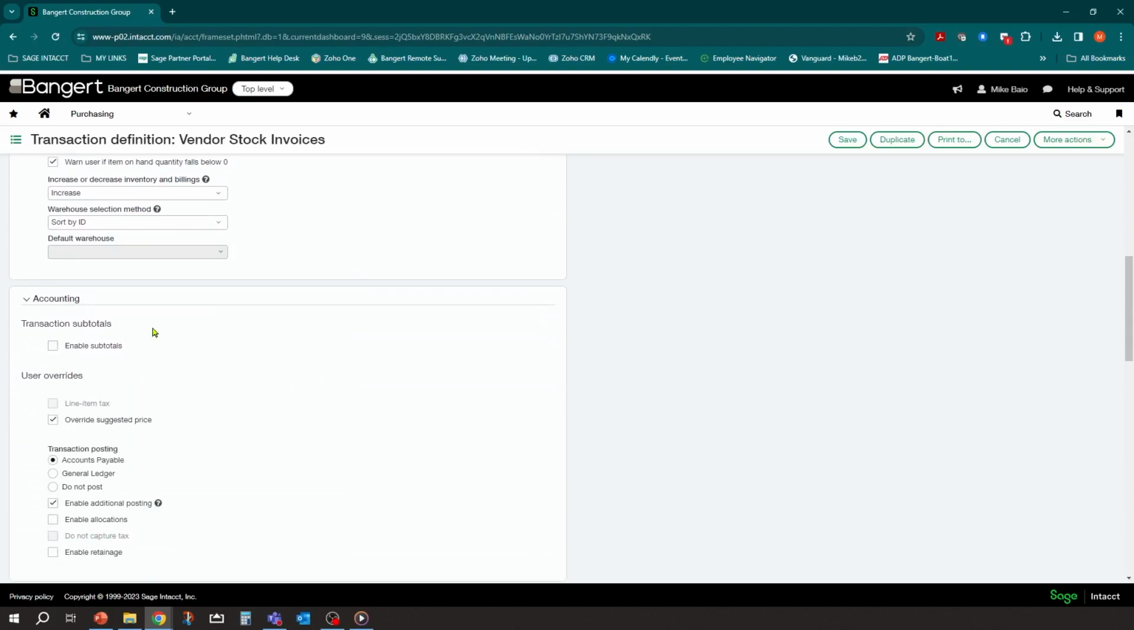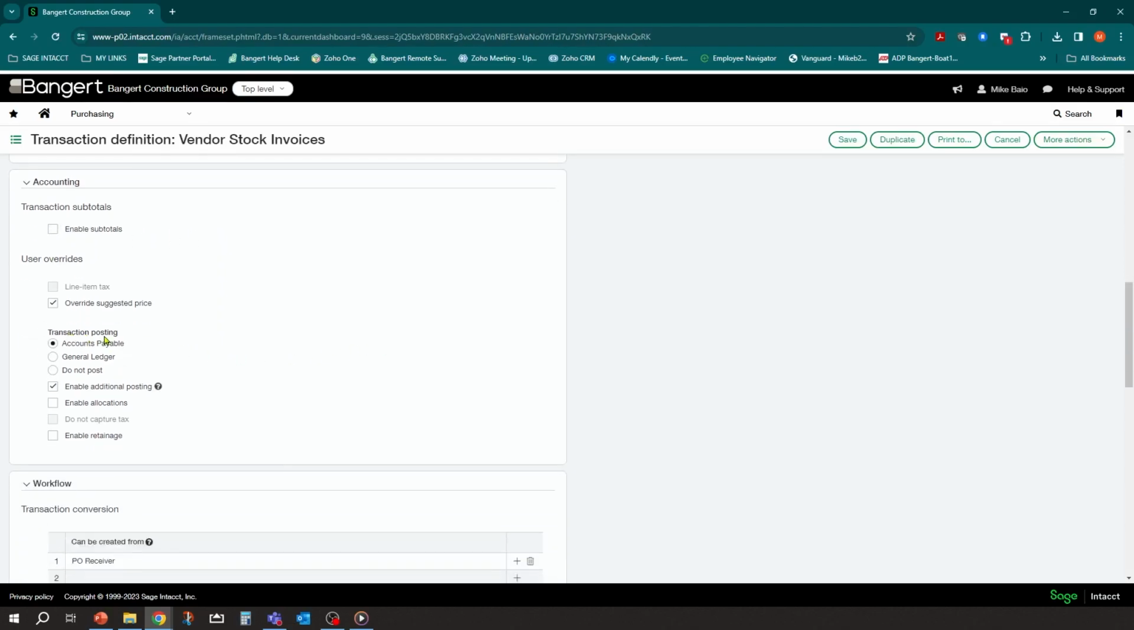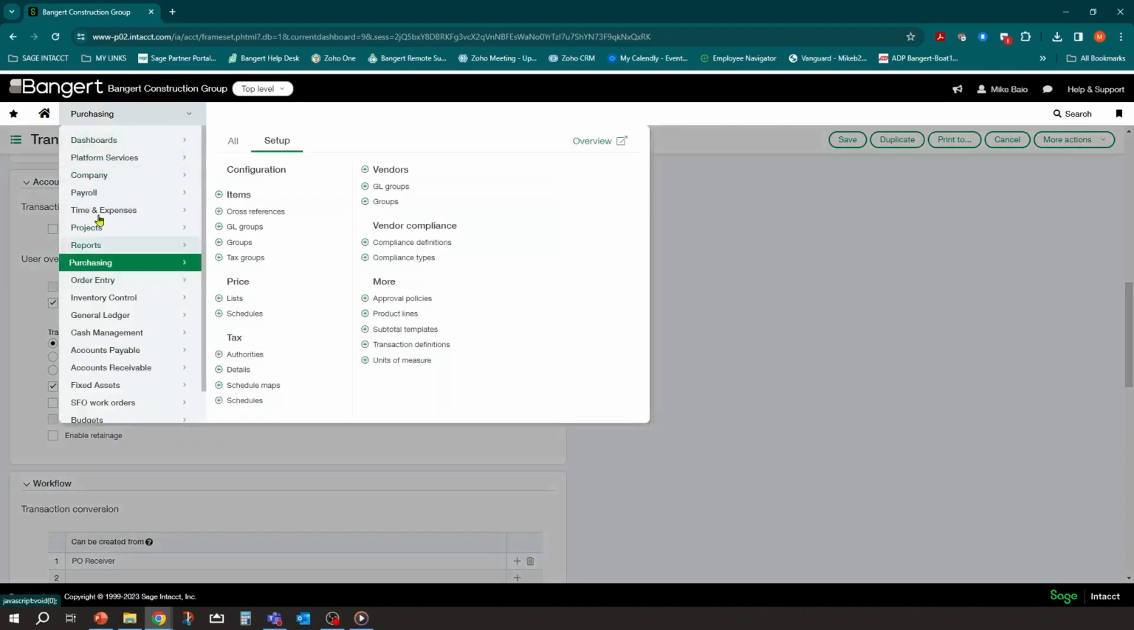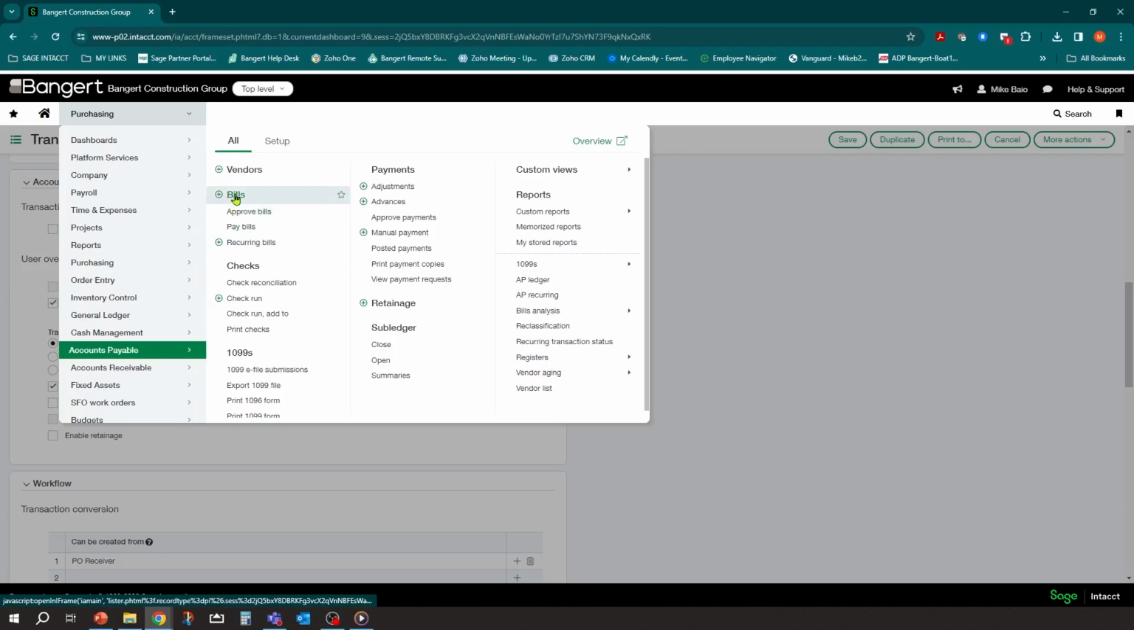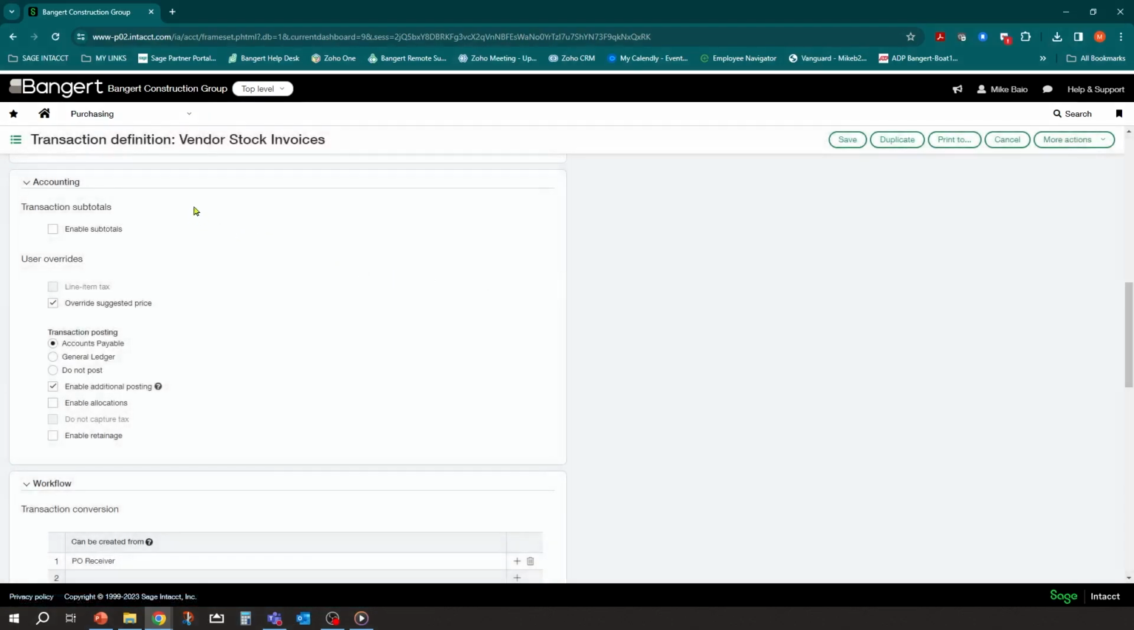You may have tax information set up, so just consider that in your subtotal. And your transaction posting is a little different here. Because we said it's an AP bill, we do want it to end up over in accounts payable. So when we go into accounts payable, we can see it under AP bill and we can pay it. So what happens is once we post the vendor stock invoice, it's going to post the general ledger and also send it over to accounts payable. So that's what this posting method means. You can't select both, you just say accounts payable,